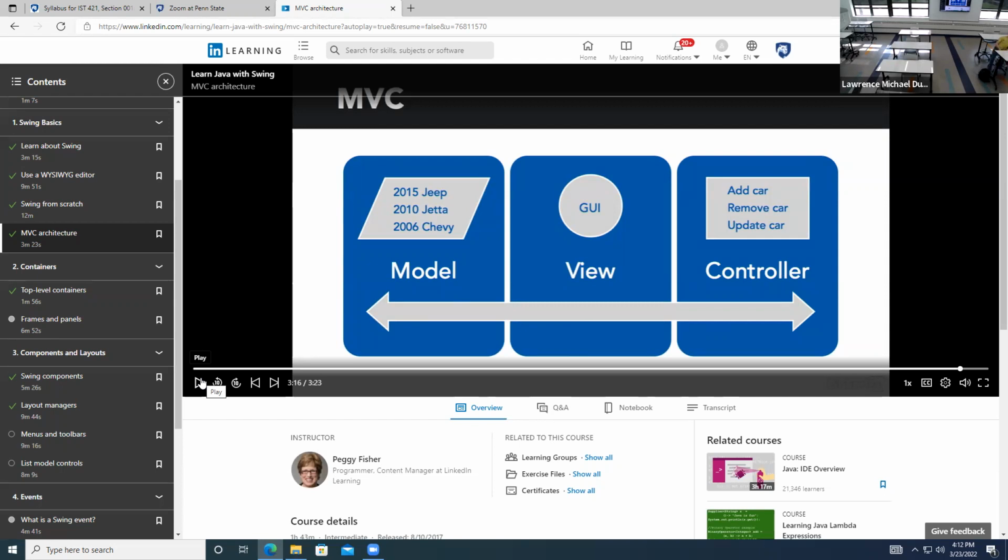Then when you throw a graphical user interface in it, like using the Swing components, you build a graphical user interface that shows that model. And then after that, you actually do some